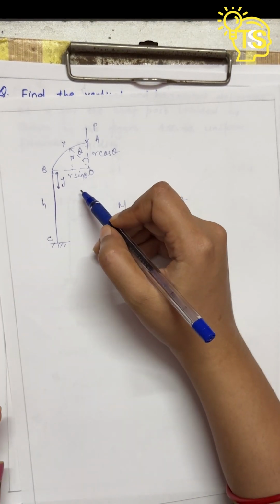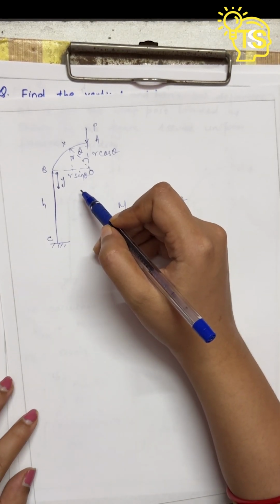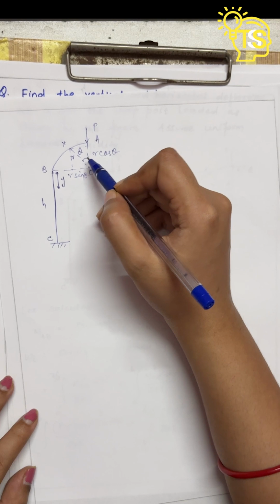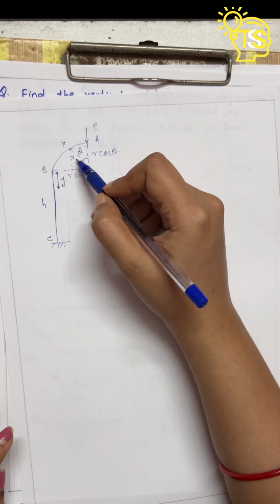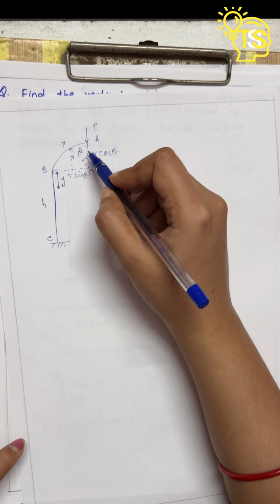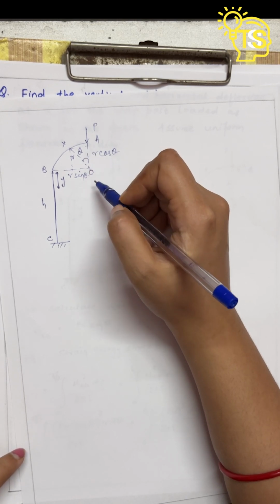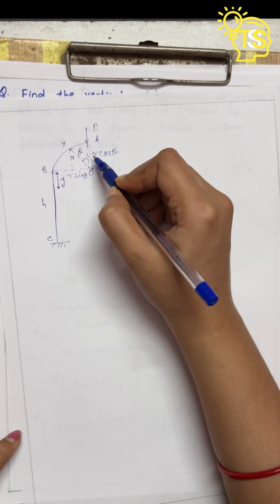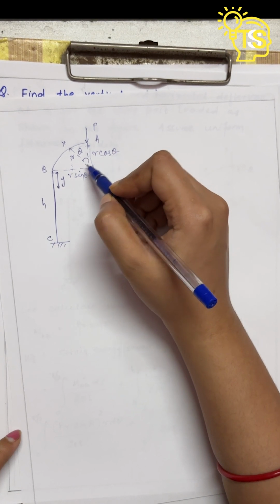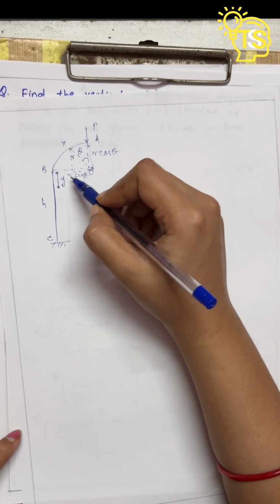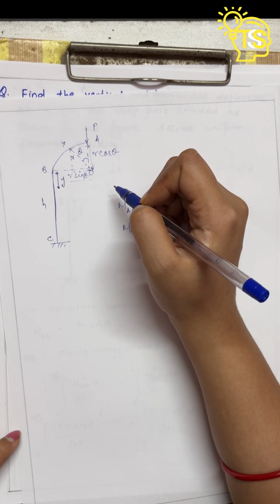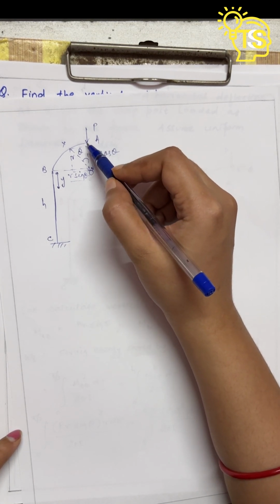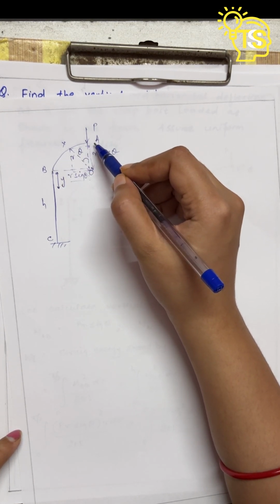This is the same figure that is given in the question. Here there is a point load, and here we have taken XO. The distance of XO is the radius, that is r, which is at angle theta from the line AO. So this portion of the distance will be r cos theta, and this portion of the line will be r sin theta. Now let's calculate the moment, that is from A to B, moment AB.